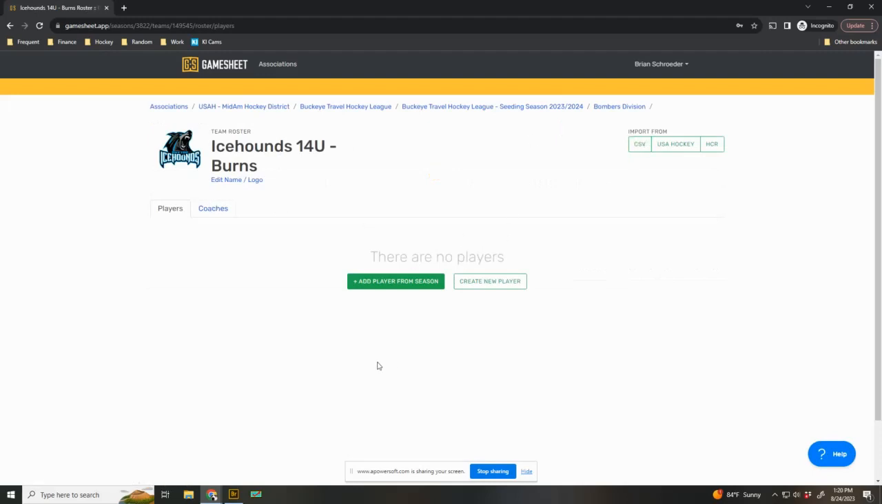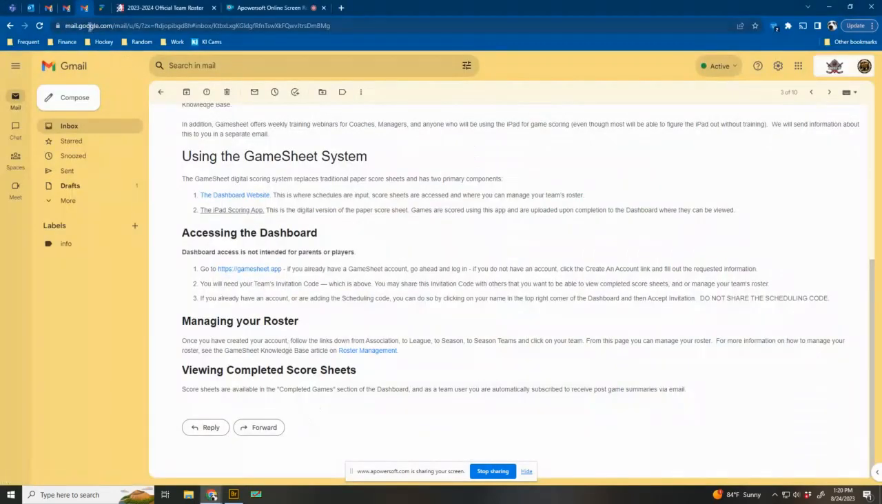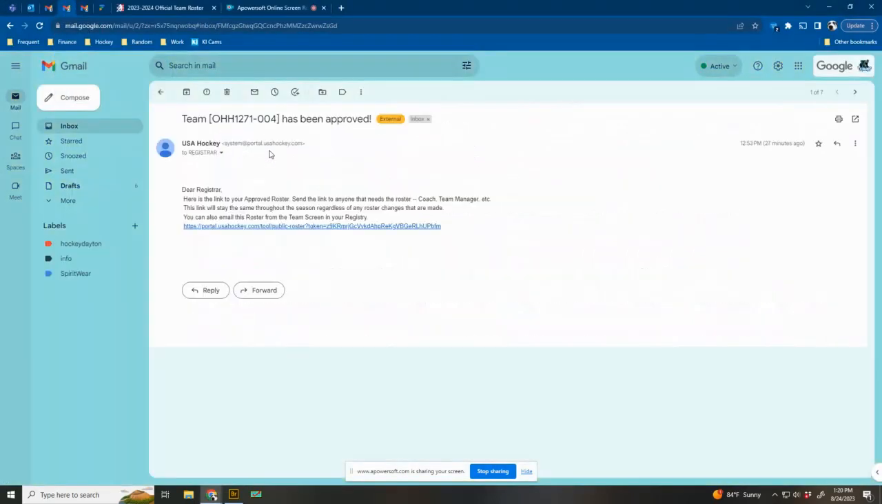So now I'm at the point that I can add players. Ideally, what we want to do is import our roster from USA Hockey. So I'm going to click up here on the import, click on USA Hockey, and now it's asking for my team ID. To find your team ID, you will look either in an email you've been sent from your association